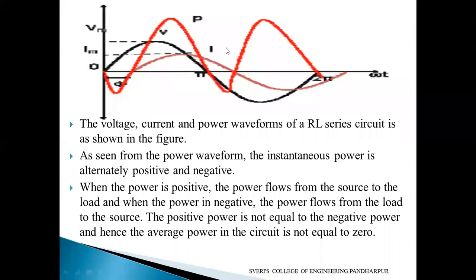So just think simply. The instantaneous power, the red color, indicates the product of instantaneous voltage and instantaneous current. You don't consider the value of sine omega t and sine 2 omega t and all those things. Here at this point, what about the voltage?